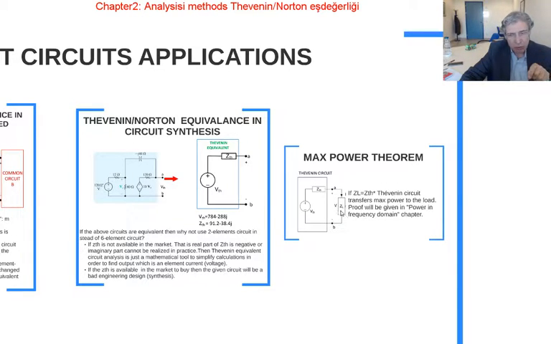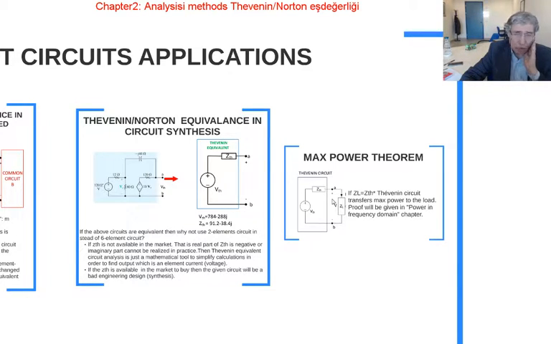So in the time domain for resistive circuits, the rule was that if this resistance is the same as this resistance, then maximum power is transferred to the load. If it is the frequency domain, then this becomes impedance, and these impedances should be complex conjugates of each other in order to transfer maximum